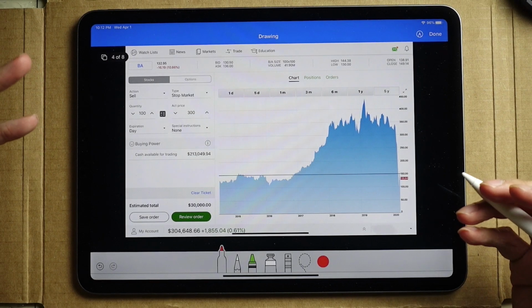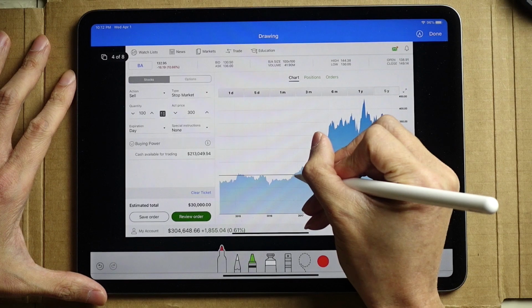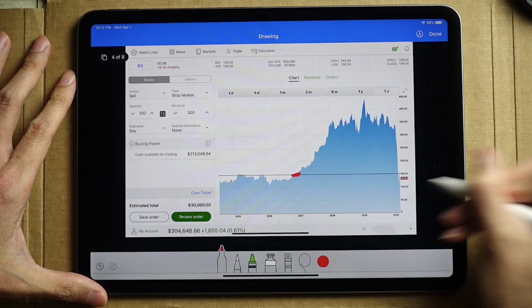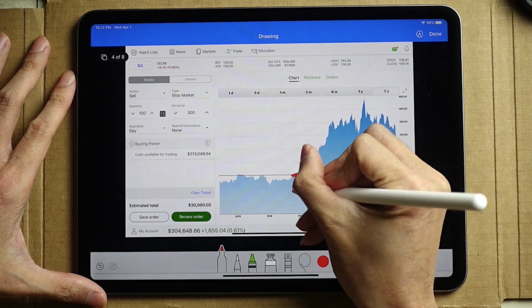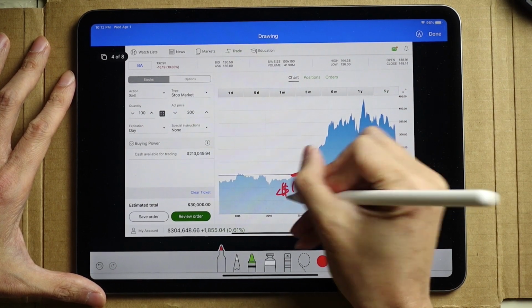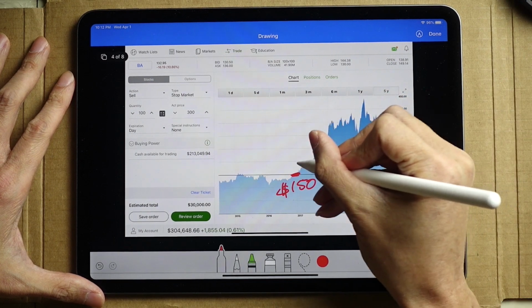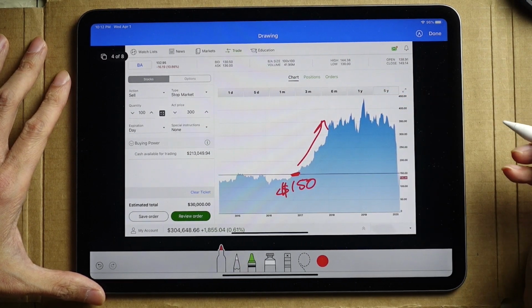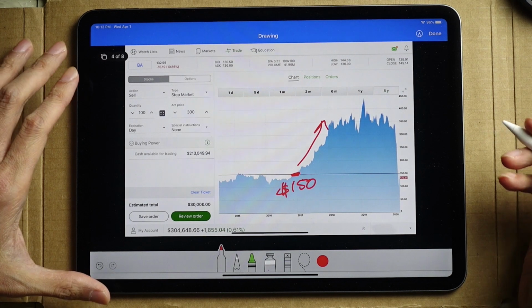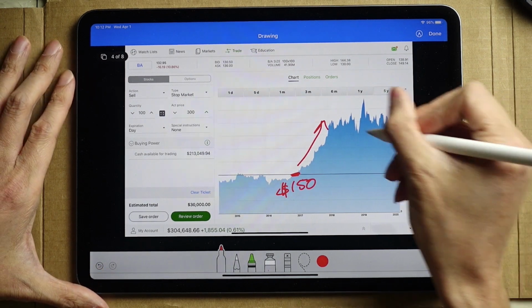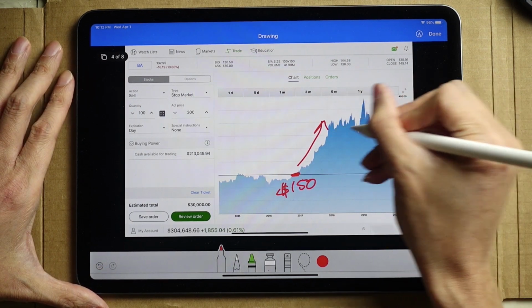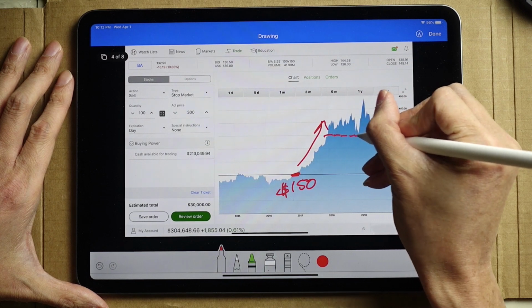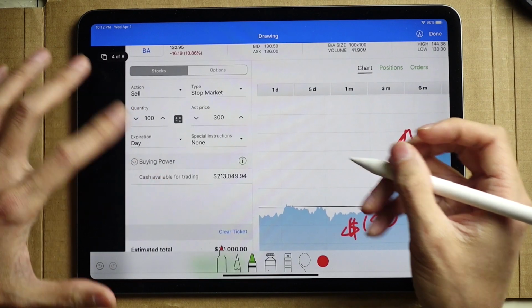Okay, so let's say you own the Boeing stock. Let's say you bought it somewhere down here at about $150, and the stock went up to over $300, and you feel like, hey, this might be a good place to take some profits. If it falls below 300, you would want to take profits. You would want to sell the stock. Using this order right here,